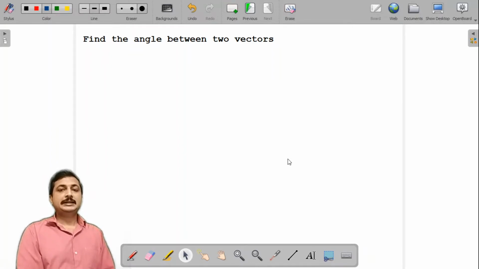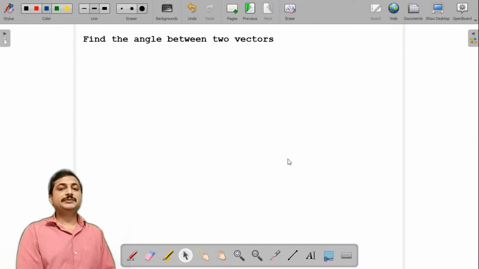So generally we will have two vectors in space, maybe in xy plane or yz plane, any plane. Let us take an example of Cartesian coordinate system only. So the vector can lie anywhere in this coordinate system, in any one of the planes, maybe on the negative side of the plane, maybe on the positive side of the plane as well.